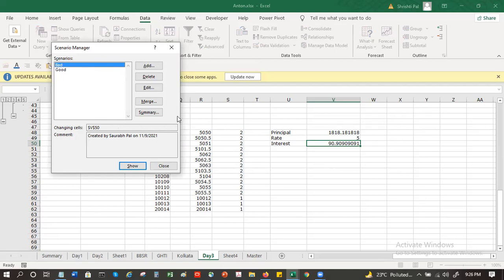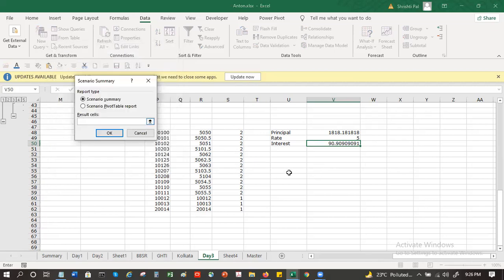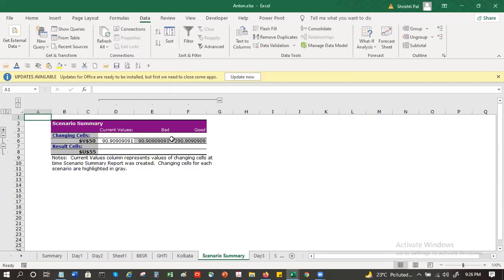Now, what the system allows you to do is, you can have a summary created, which will show you the good and the bad in a comparative format. Obviously, you can see this depends a lot on the kind of data or the scenario that you have built in.